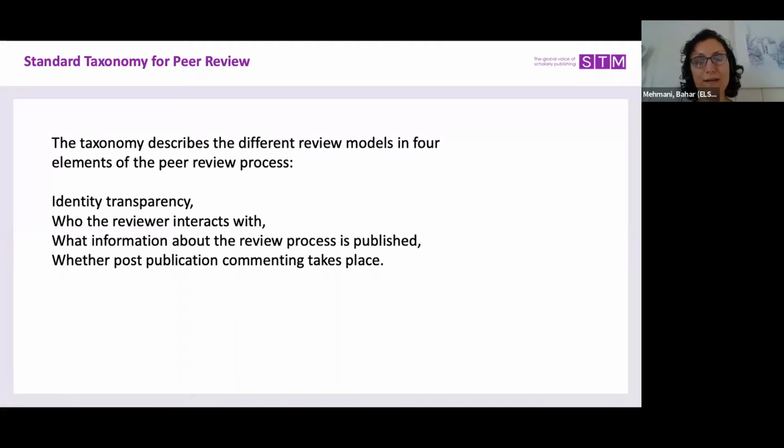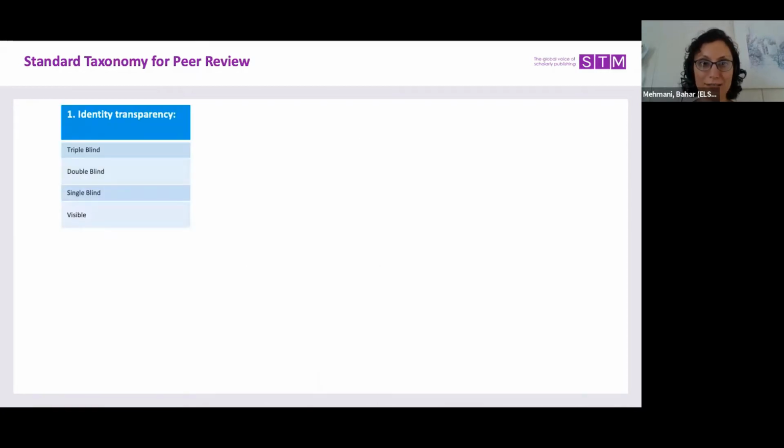So we've created 4 pillars, which will include identity transparency, who the reviewer interacts with, what information about the review process is published, and whether post-publication community commenting takes place. So throughout this webinar, we're going to go through each of these 4 pillars and explain how those consist of different elements. So Louis, maybe you can start explaining the identity transparency.